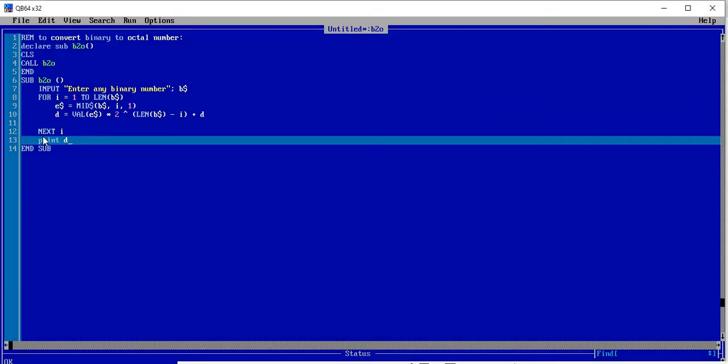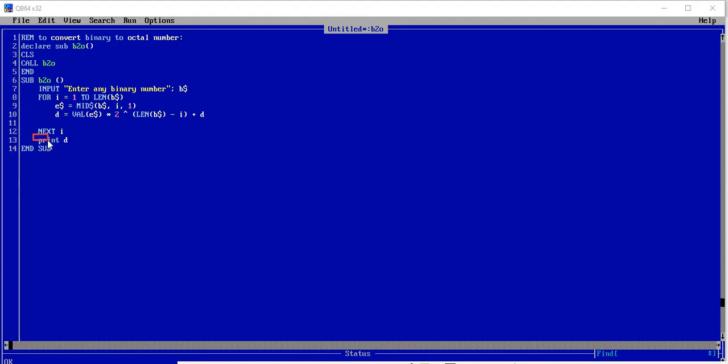Our target is not just to print the decimal equivalent. We are going to convert that number into the octal equivalent. So for the decimal number we have to divide by 8 to convert to the octal number.